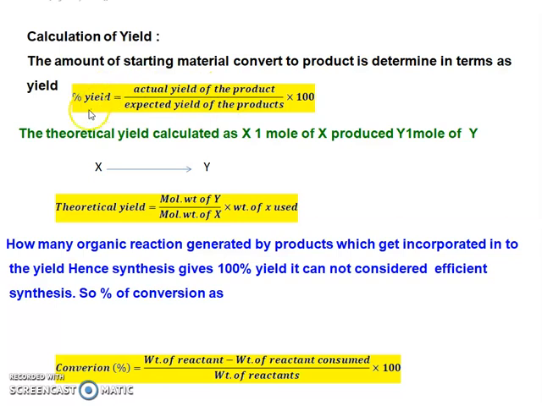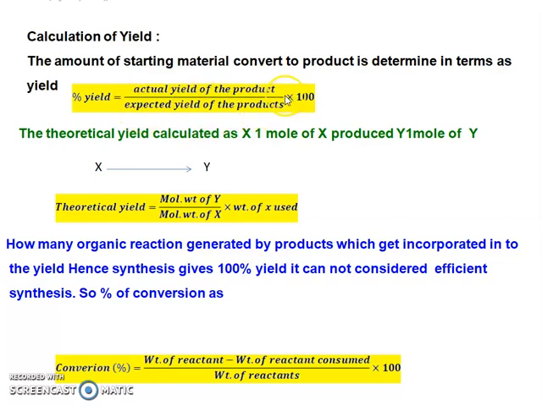By formula, we calculate this: percentage yield is equal to the actual yield of the product, meaning the practical yield found in the final product, upon the expected yield of the product,